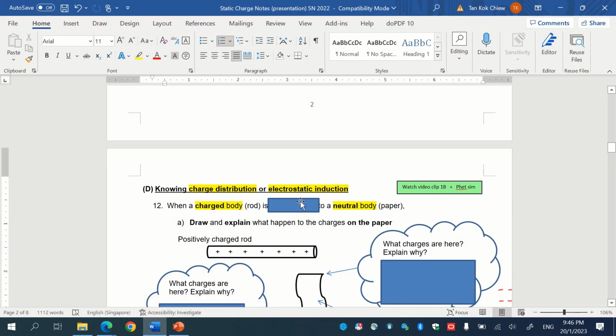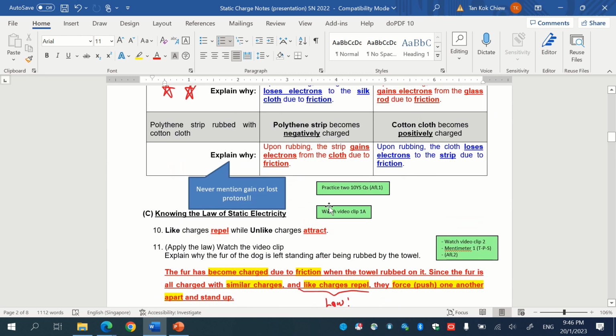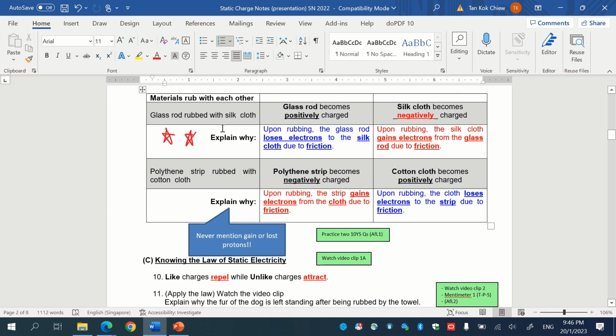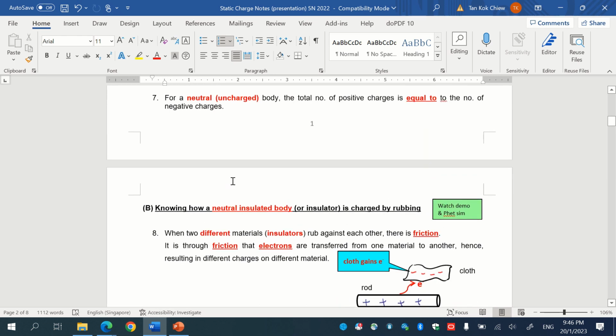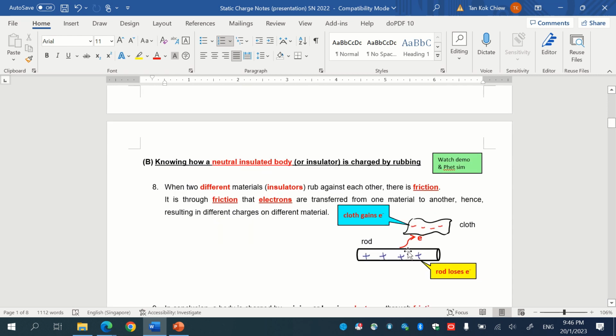Okay, previously we have already learned how to charge a neutral body by rubbing. That means through friction, like this cloth rubbing against the rod, and because of electron gain or loss, like for